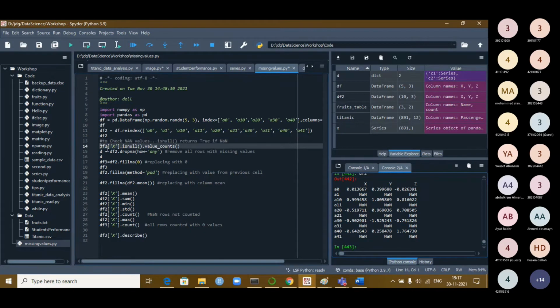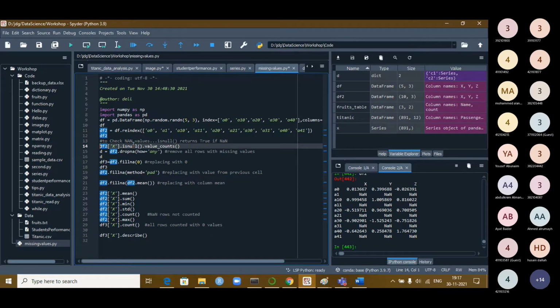So I'm taking the X column and calling isnull. If there is a null value, that is NaN, it returns true. If it is not null, it returns false.